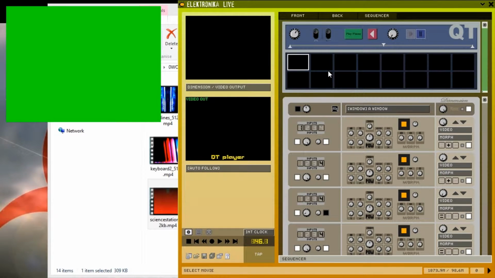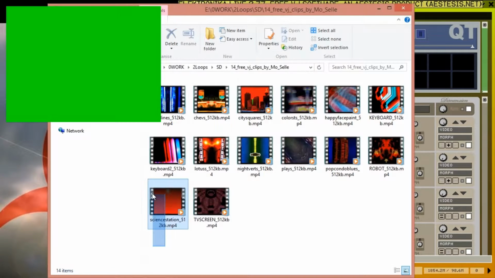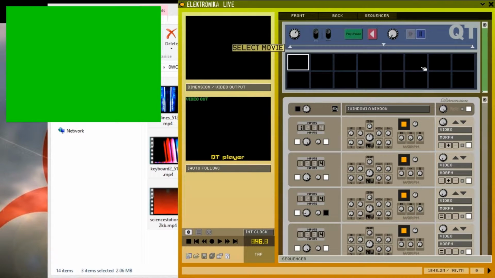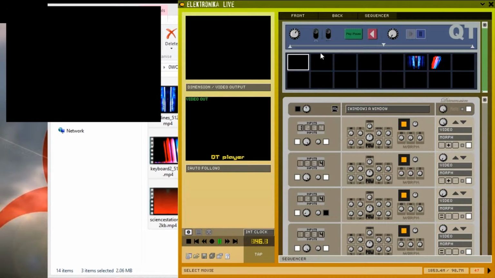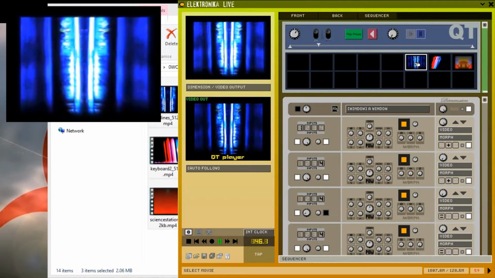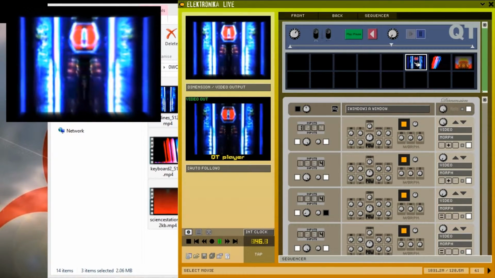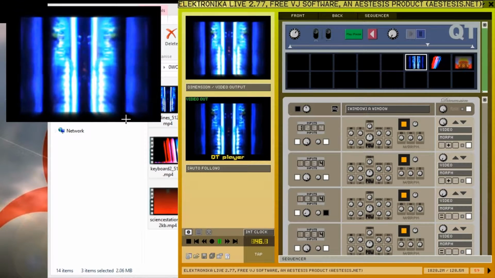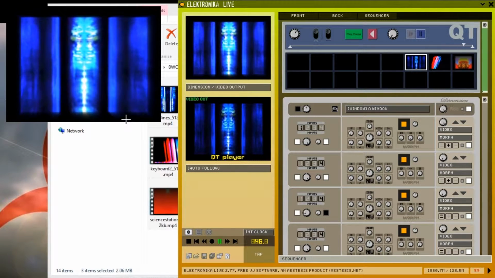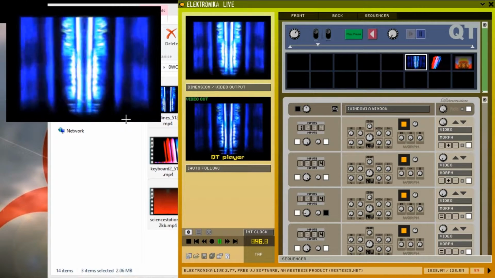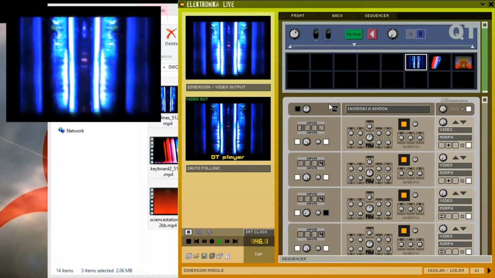To help illustrate how this module works, I'm going to load a few clips into these slots, start the set, and then press the Qt Player's play button. Notice that the Qt Player doesn't resize video, so if you load a clip with a lower resolution than your project output, it'll have a black border around it. And likewise, if you load a clip with a higher resolution than your output, it'll be cropped. If you're using the dimension module for output, you can get around this by adjusting the zoom value here.